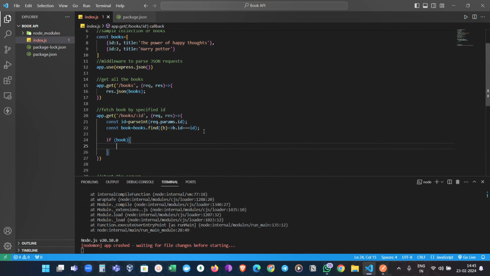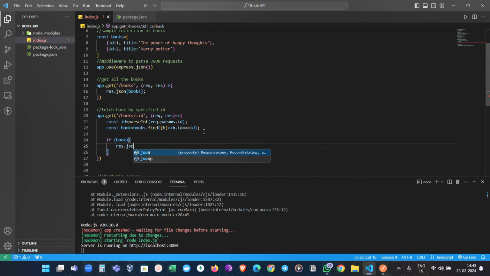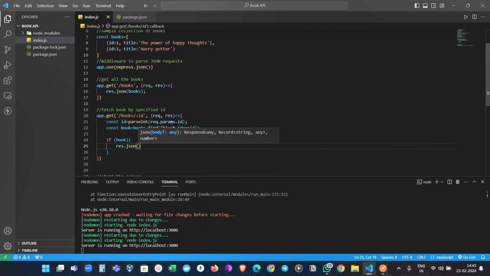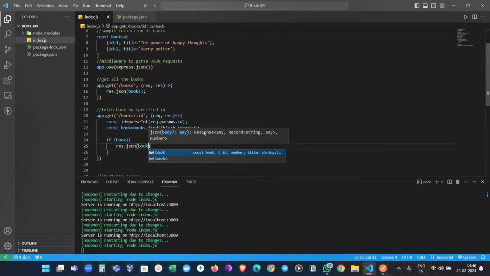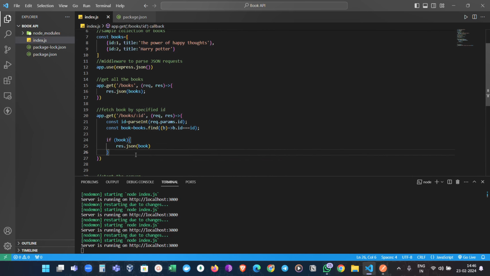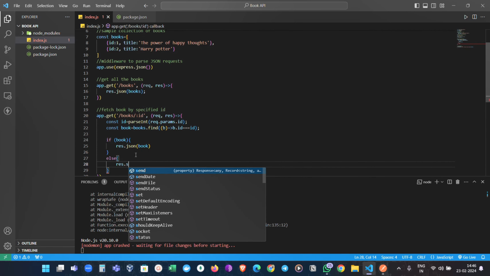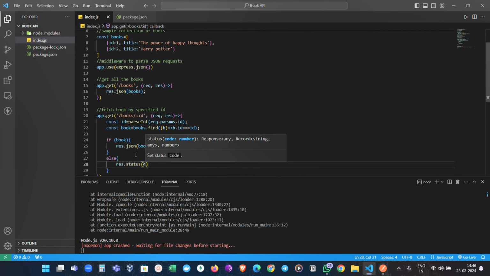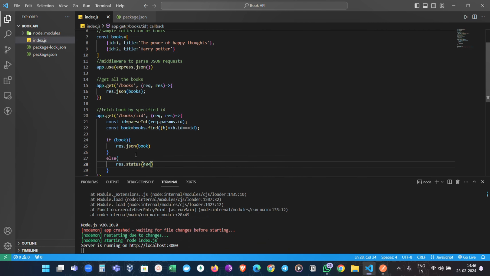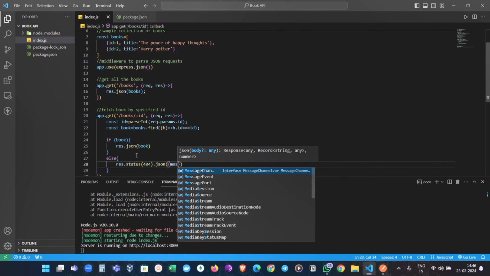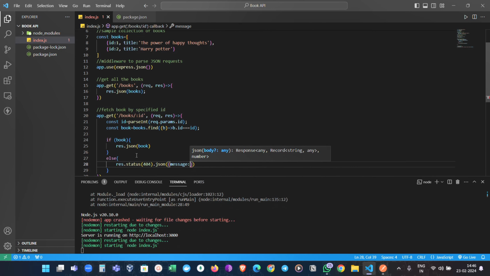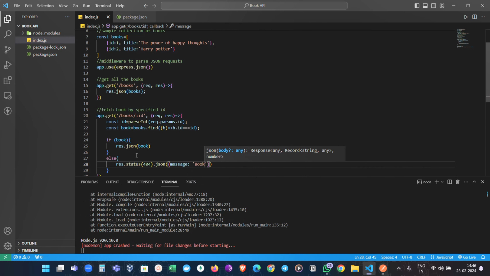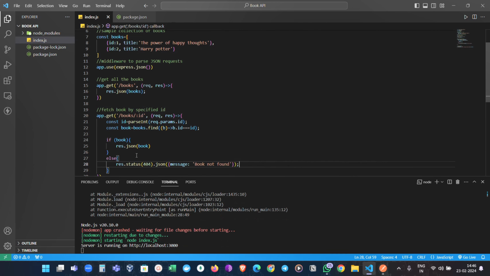I mean, if we have found that book, then I will simply send the response, otherwise I will have to return an error that we are unable to find that book. Not found. Okay,